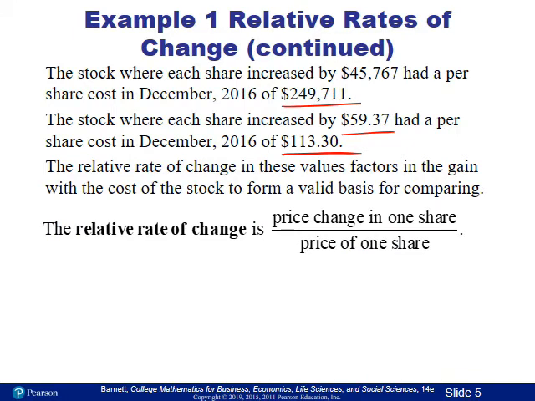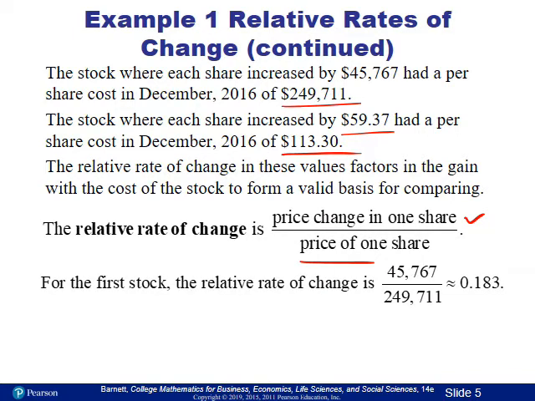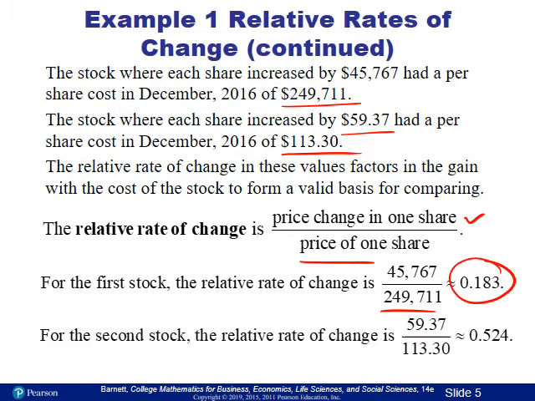The relative rate of change is the price change in one share over the price of one share. So here, for the first stock, the relative rate of change is 45,000 over 249 like this. If you multiply it by 100, you will get the percentage rate of change. The second stock is